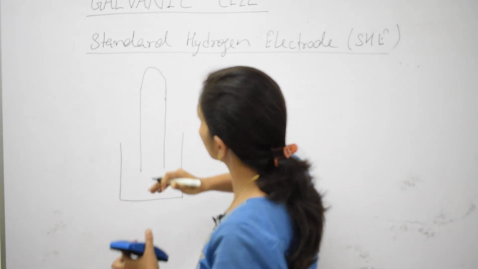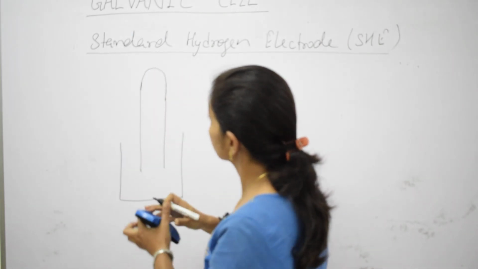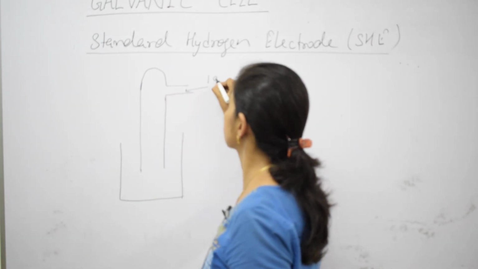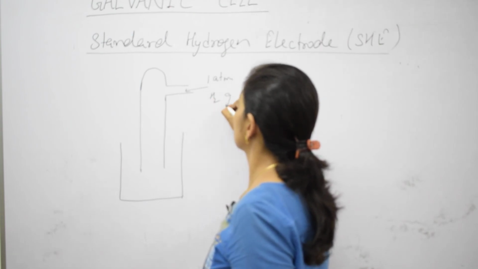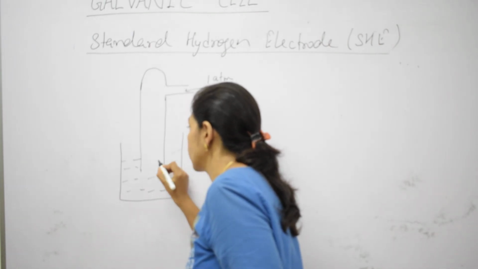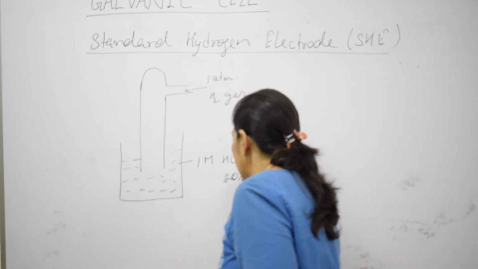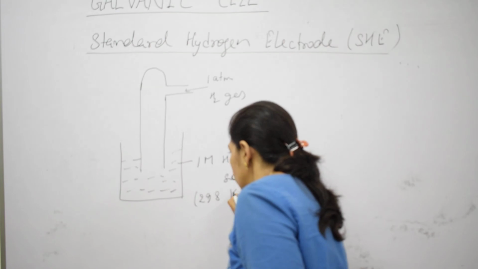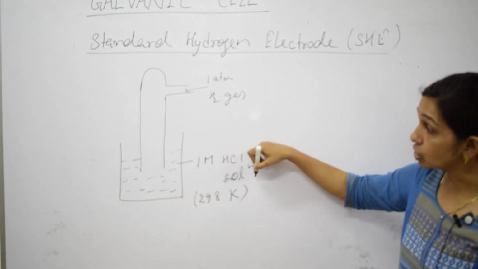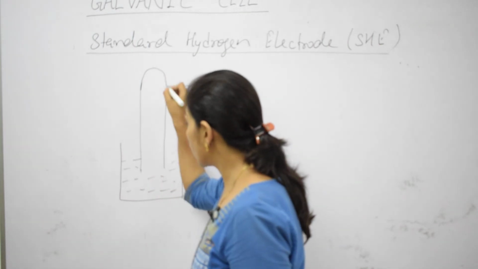In the standard hydrogen electrode, hydrogen gas at 1 atmosphere is passed through 1 molar hydrochloric acid solution, 1 molar HCl solution at 298 Kelvin. Meaning, taking the standard conditions, the 1 molar acid solution and 1 atmosphere hydrogen gas is passed through it, and this inverted tube contains